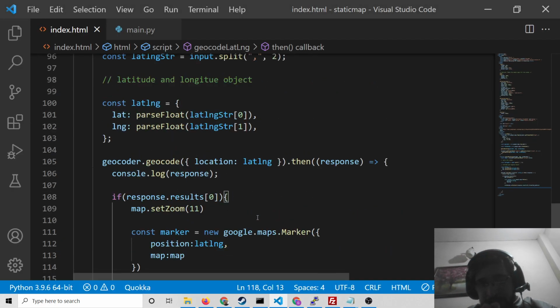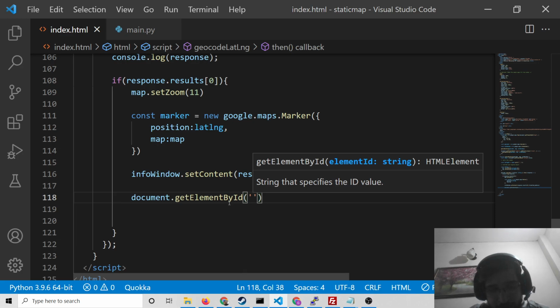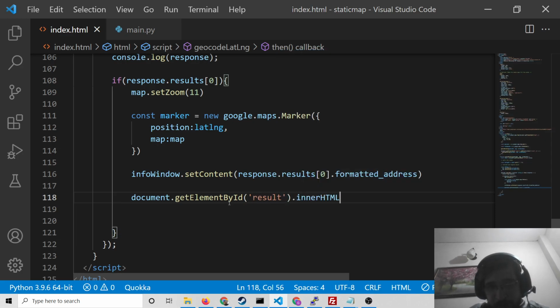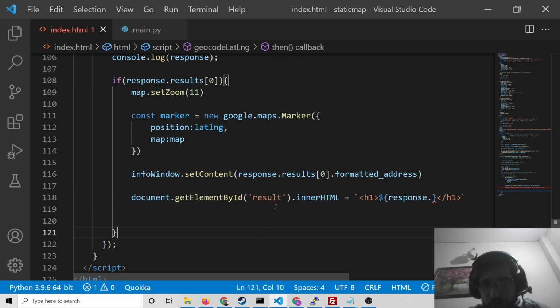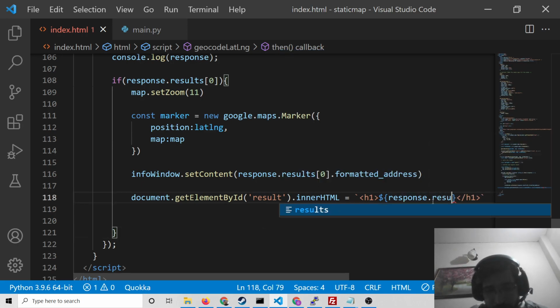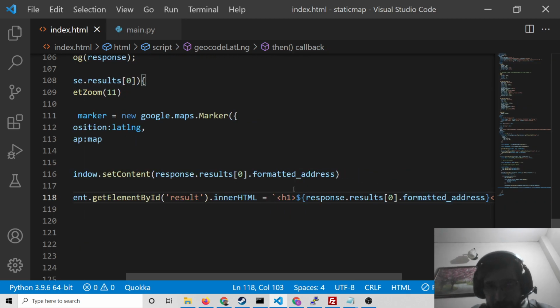And lastly, inside the heading, we will also show this address. We can just say document.getElementById result.innerHTML. This will be equal to the heading. Inside this heading, we will place the variable which will be response dot results dot formatted address.